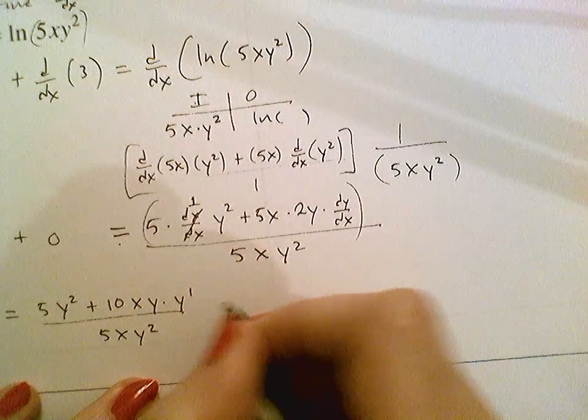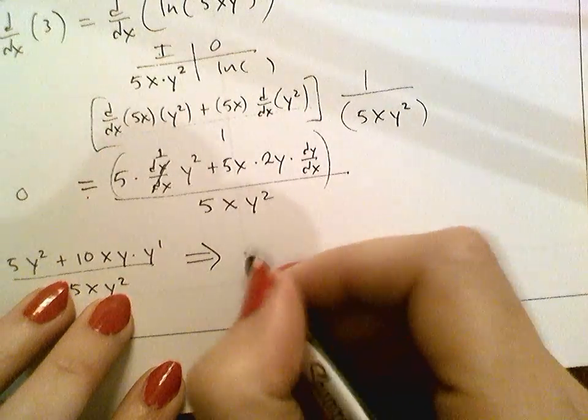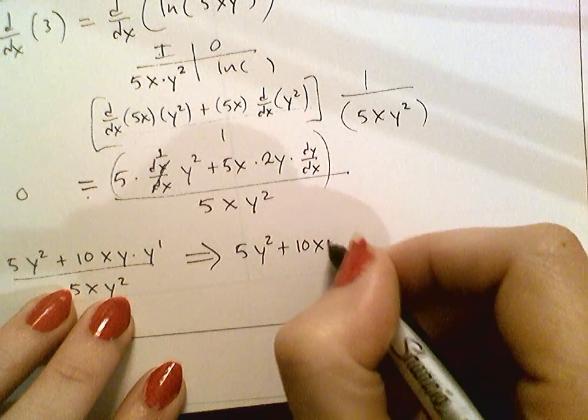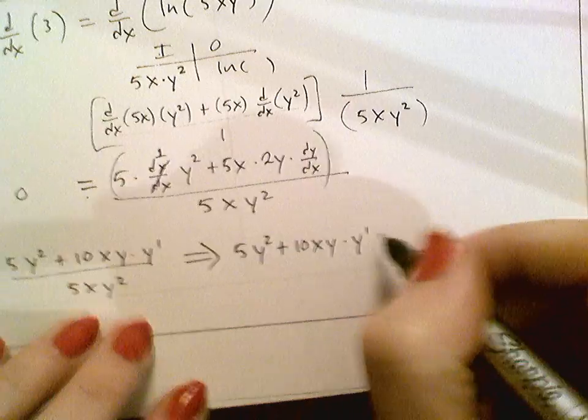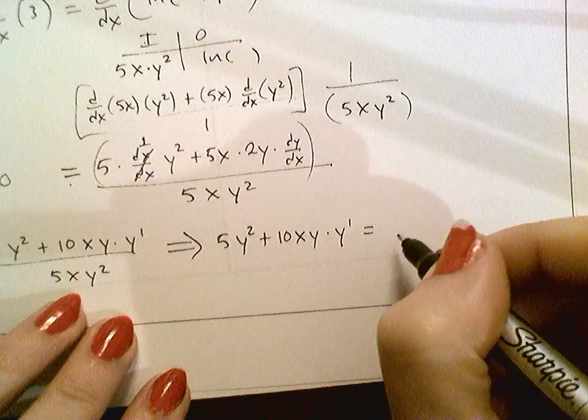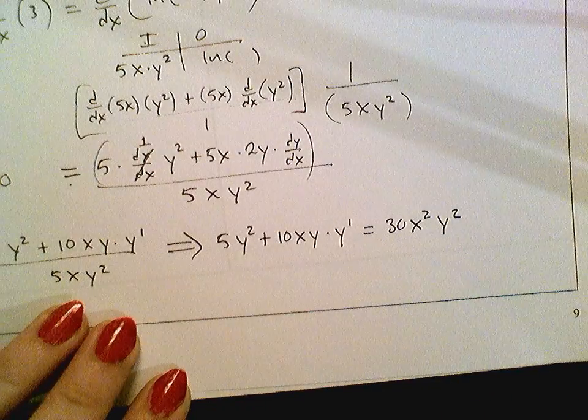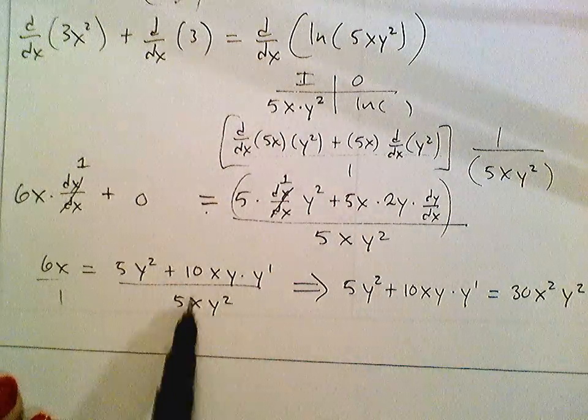So anyway, and I'm going to flip the equation. So I've got 5y squared plus 10xy y prime equals, I'll get 30x squared y squared, because I just multiplied